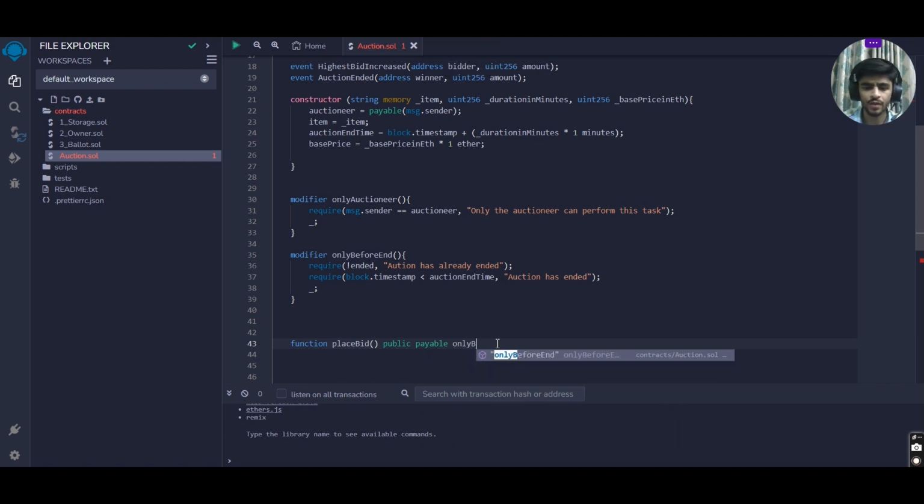It's payable because we want the smart contract to receive some funds through this function. Okay,